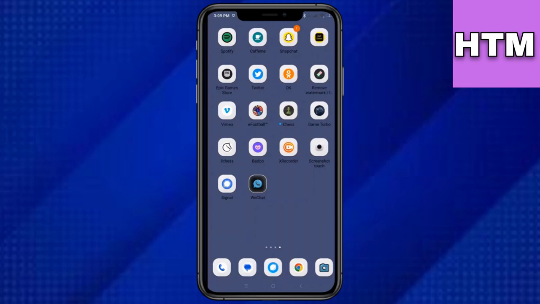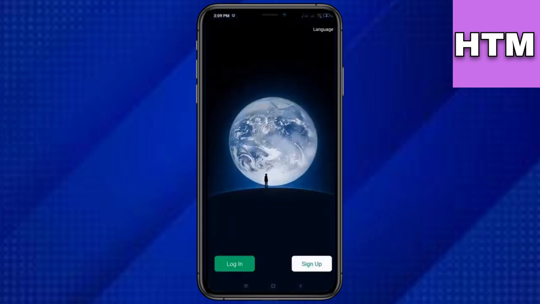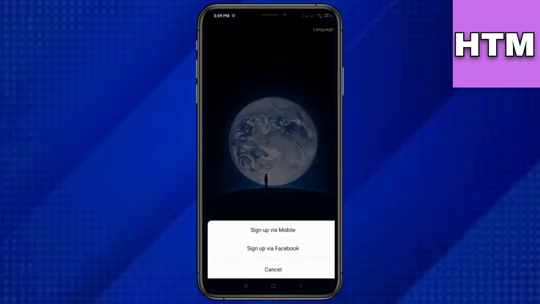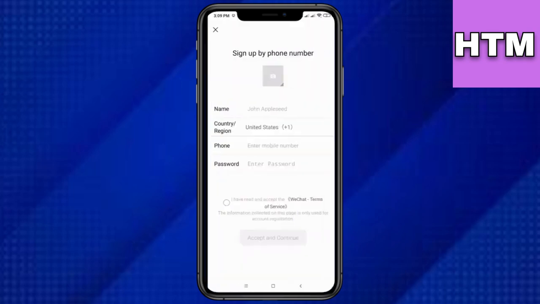In this video, I'll guide you on how to create a WeChat account. To begin, you'll need to install the WeChat app on your phone. Once installed, open the WeChat application, and on the sign up page, you can choose to sign up either via